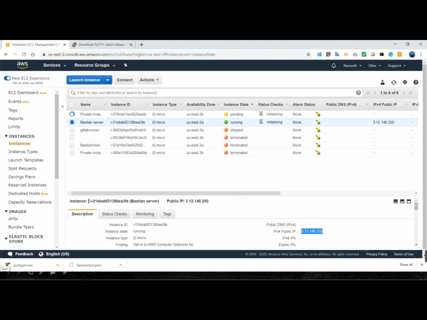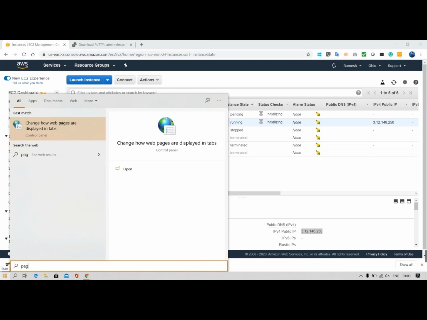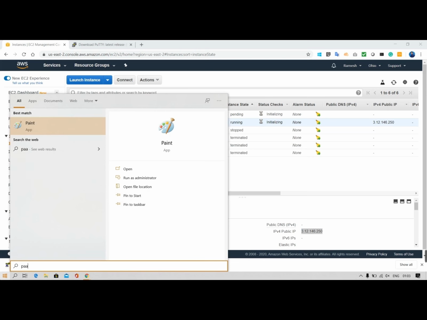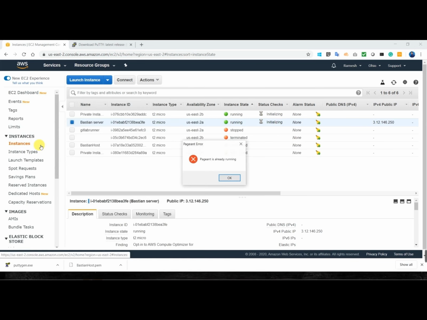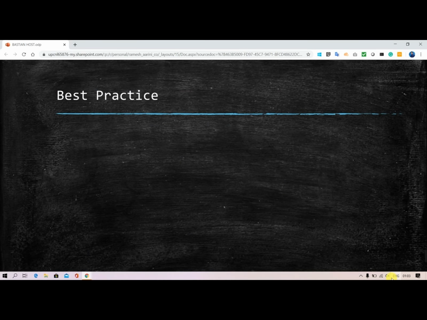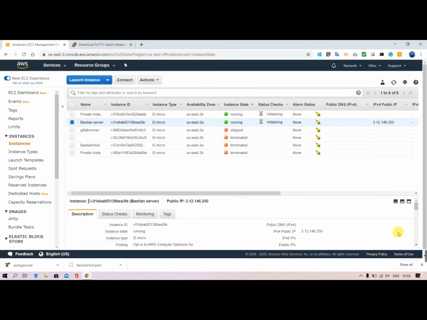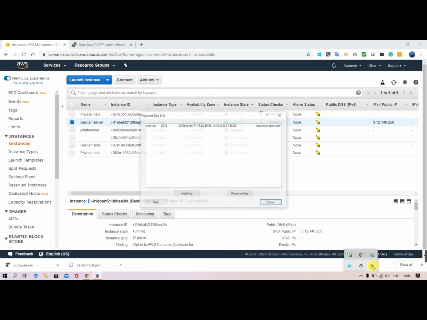So let me take my Pageant. It is saying that it is already in running state. This is my Pageant.